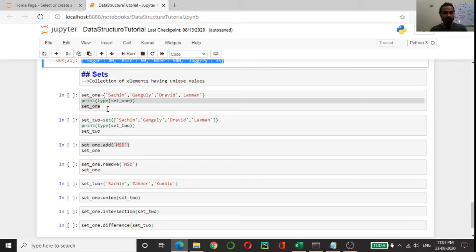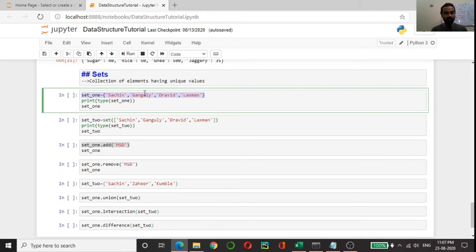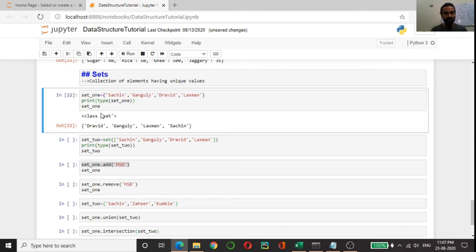To define a set, we have to pass the values within curly braces, like I have shown here. If I run this, you can see that the type of set_1 is the set class, and it is showing all the values which we have given here.